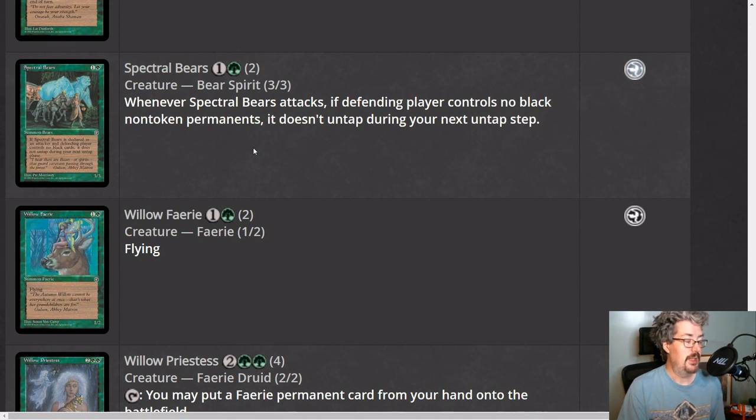Spectral Bears is pretty phenomenal. It would be better if it had a special ability to punch through, if it had an evasion ability. But most of the 3/3s in this format are 5 mana. This one is 2 mana. That is worth noting. Black is one of the better colors, so it's not at all unlikely that you could have black across the table from you. If you're in a position to attack with it, it's kind of okay that it doesn't untap for 1 turn. That's not the worst thing. It exposes it a little bit more to Giant Oyster, but